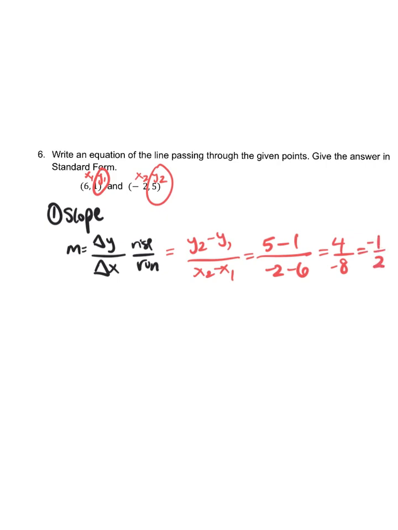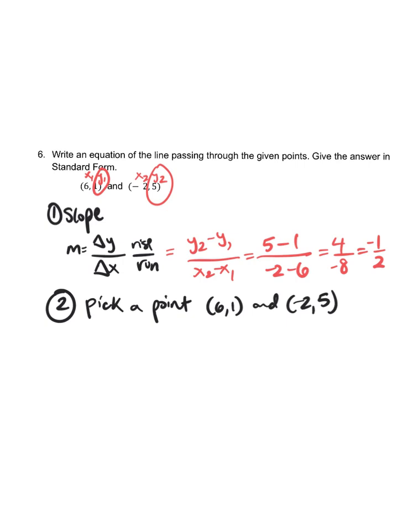Okay? Then our second step is to pick a point. We have 2 to choose from, 6, 1, and negative 2, 5. Either one will work. I'm going to go ahead and pick 6, 1 since they're both positive. So this is my x1, y1. And then in step 3, we're going to use